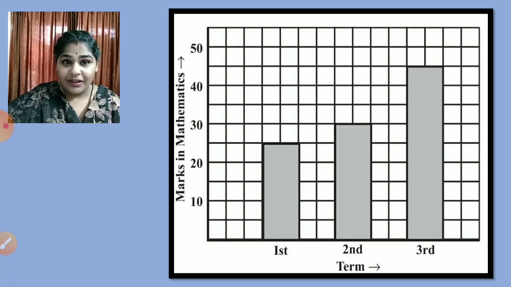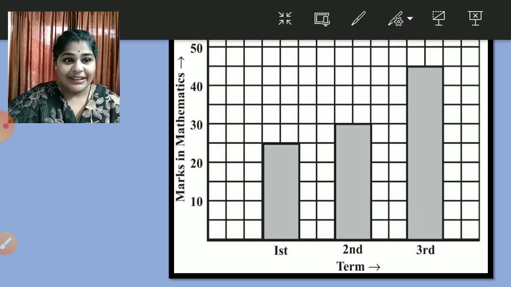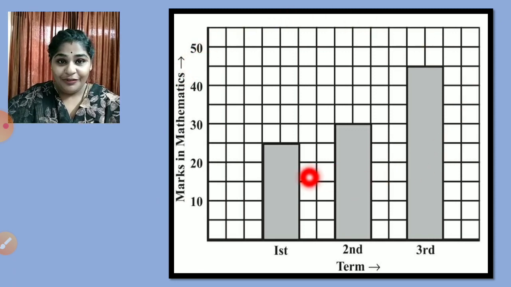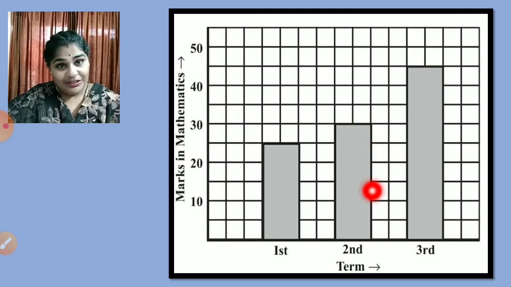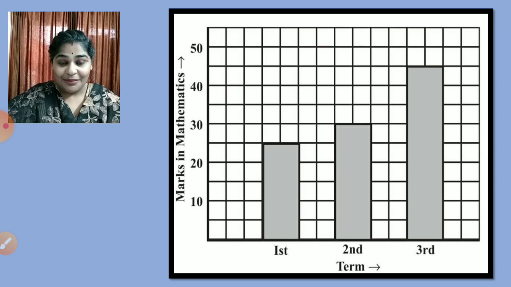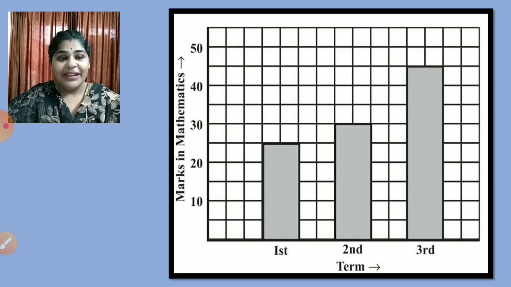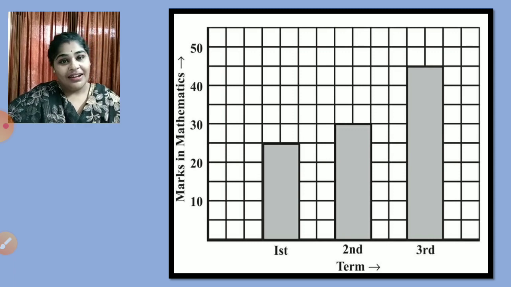So you can see there is a graph on your screen. On the x-axis it is showing the terms, that is first term, second term and third term. And on the y-axis, children, you can see it is showing the marks in mathematics. So looking at the graph, we can say that the graph is showing the marks in mathematics of a particular child. And we can also see that the child has improved a lot in the first term, second term and third term, right? Continuously there is an increase in mathematics marks. So looking at this graph, it will be very easy for us to understand the data,